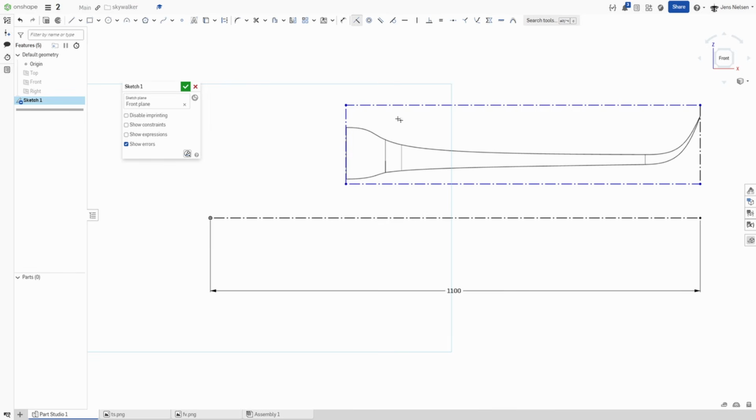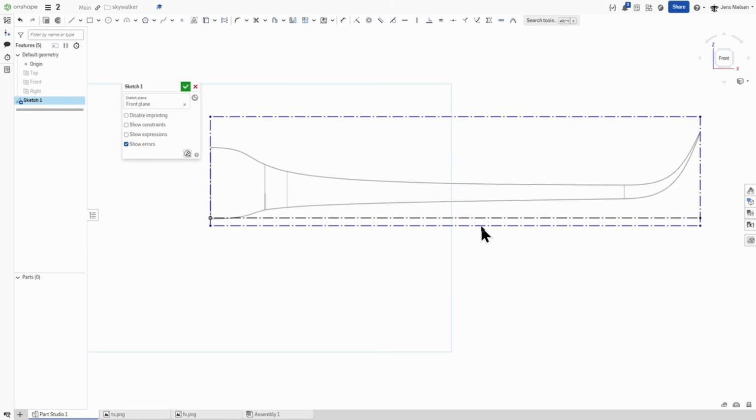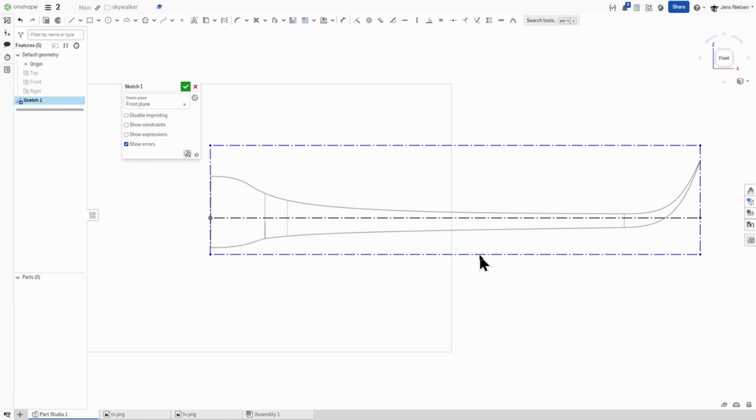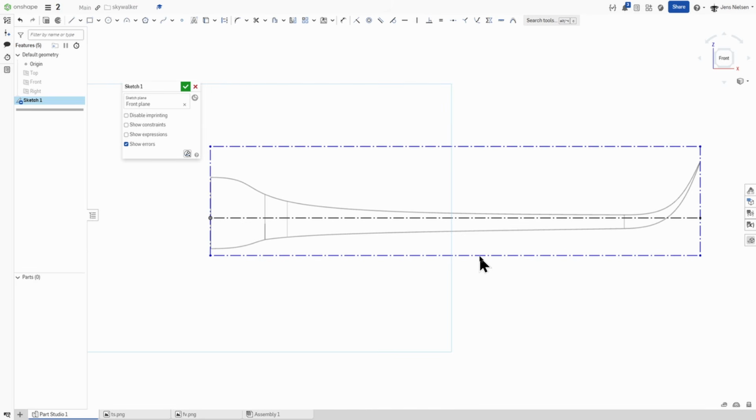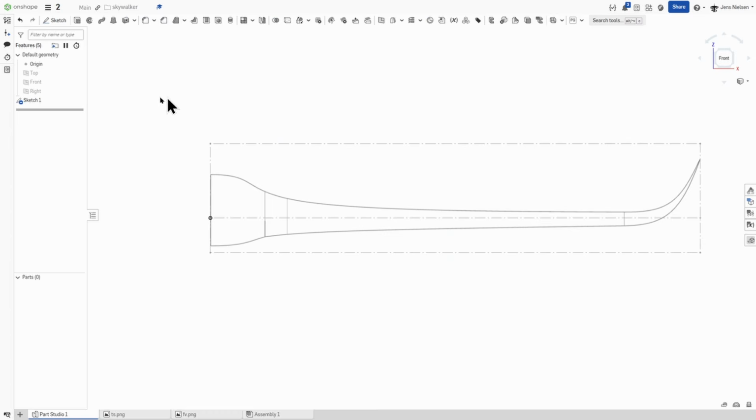Then a couple of coincident constraints and move that to about here. I'll rename that front view